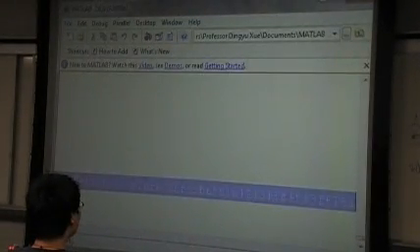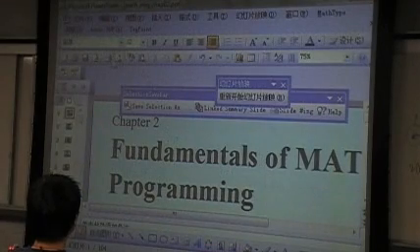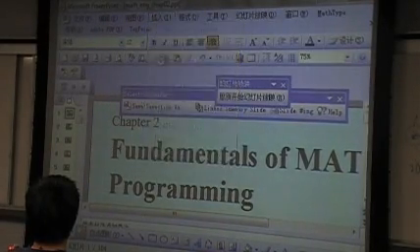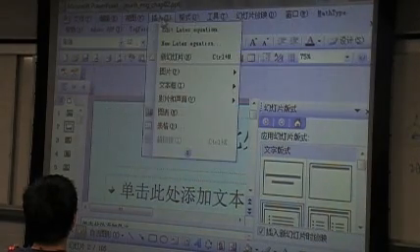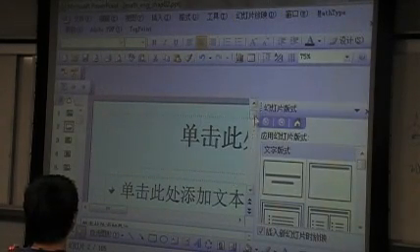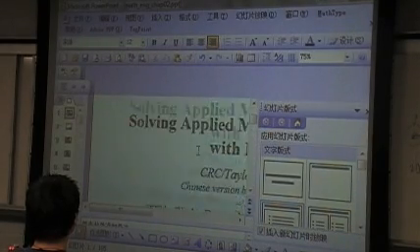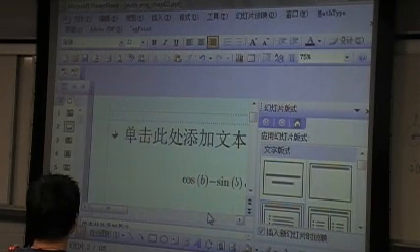Quite long. This is the result. The resolution is not